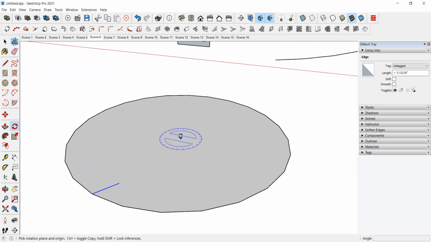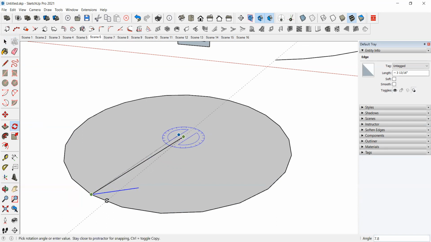Rotate. Okay, when you are rotating like this, it is just extending.